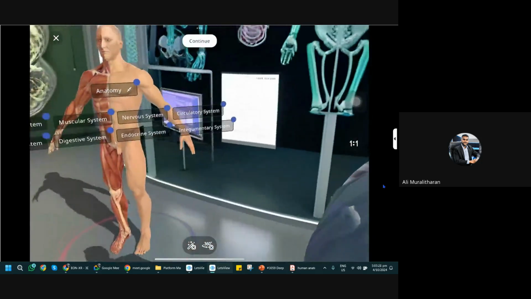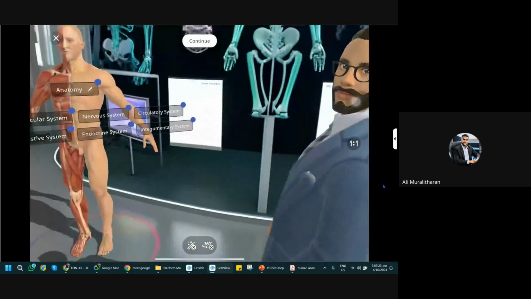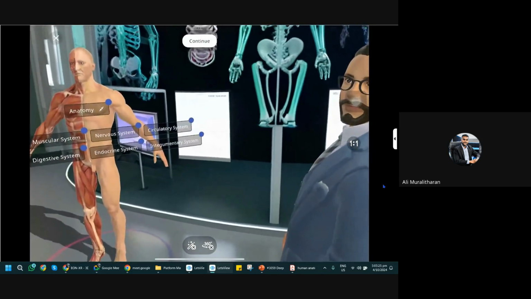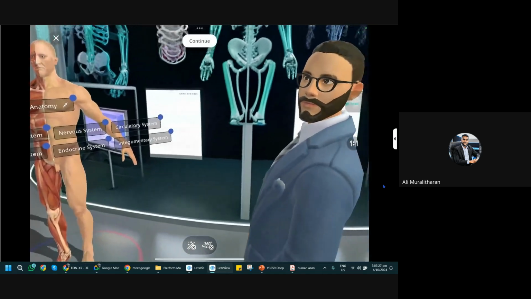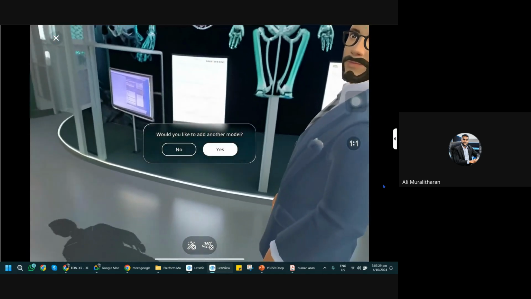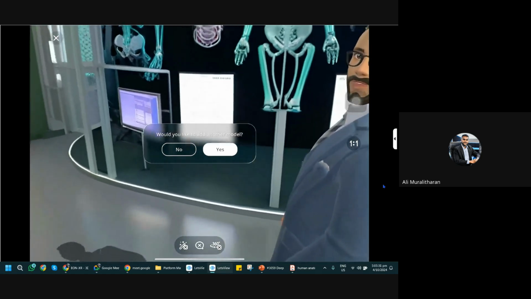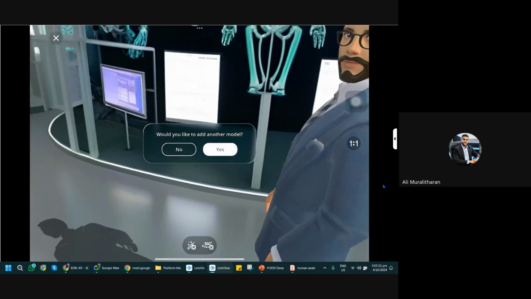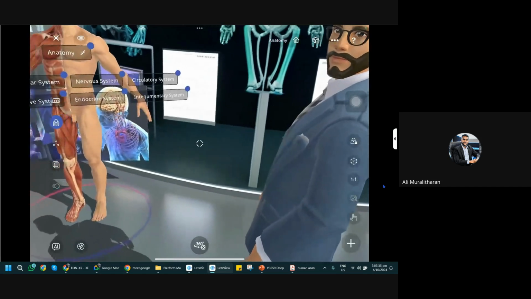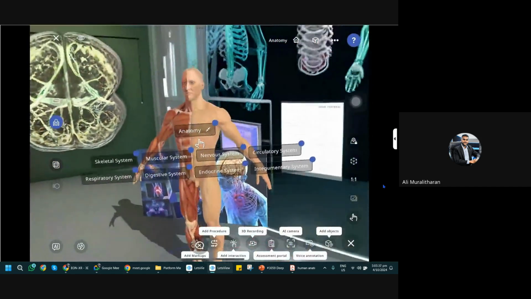I'll take a pause here once again because we understand how the avatar is going to narrate the experience for me. Well, I can always continue to bring on another model, all right? Or I can end the part of the wizard here. All right. So you can see, firstly,